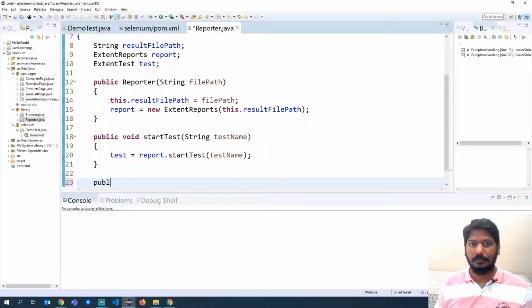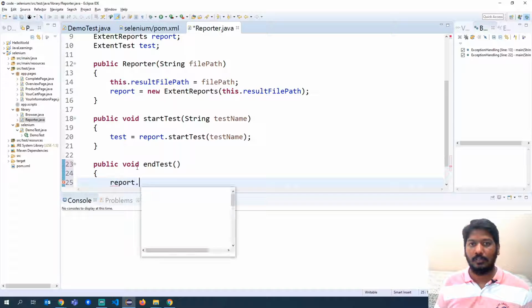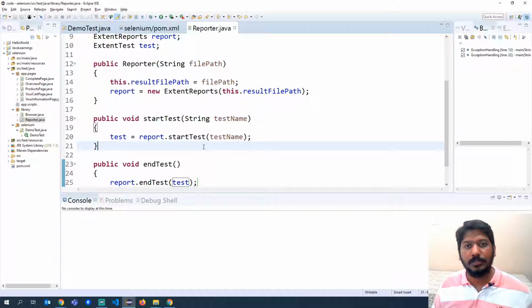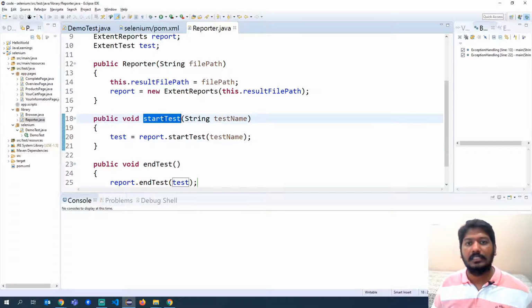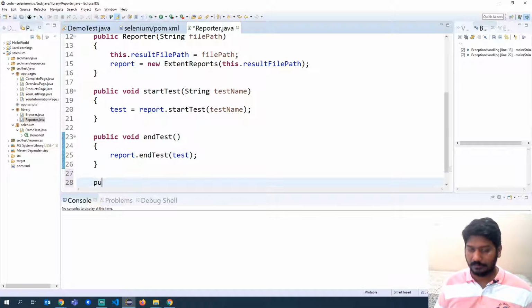Public void end test. So you will say report dot end test, and we will pass the same object that has been created in our start test. Okay, and then we will also add a method called flush. Public void flush.